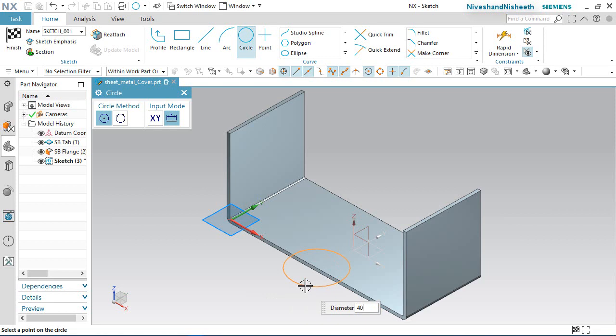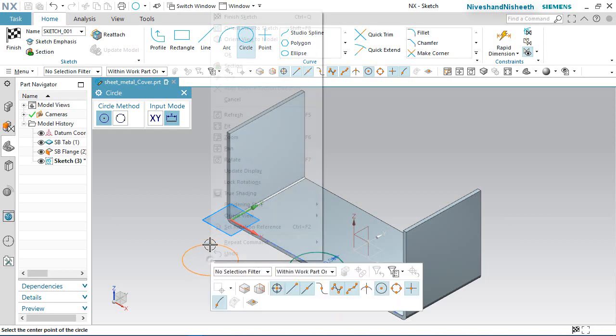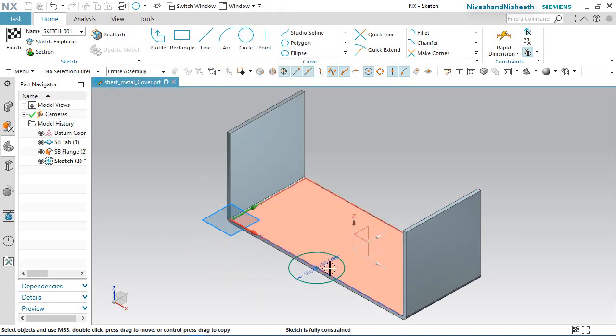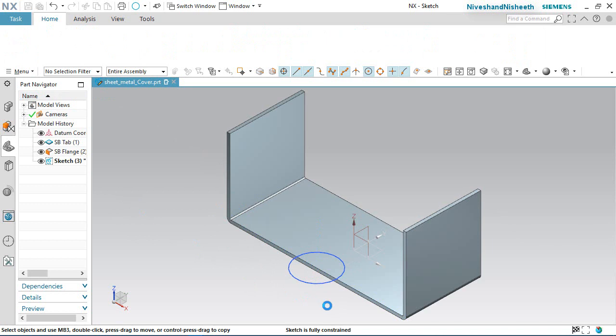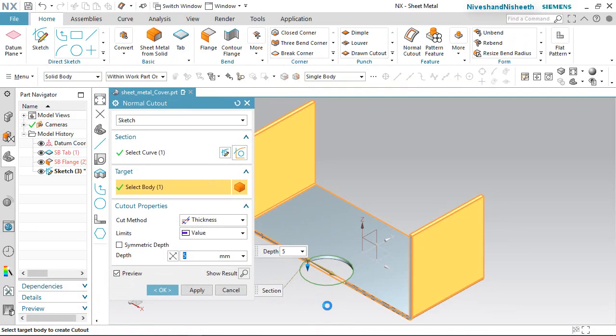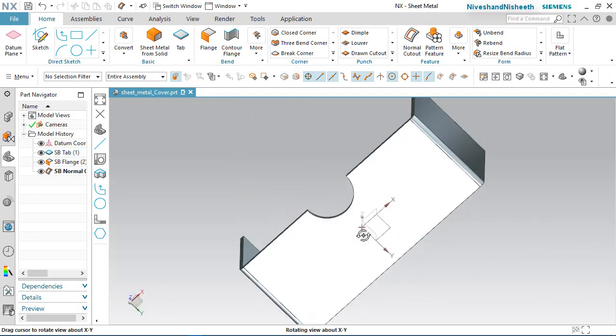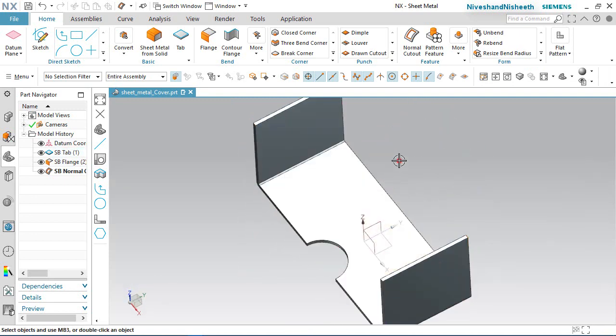Fill the diameter value 40 mm. OK. Finish the sketch. Now the preview is visible here. Click OK. Now see the result. My hole is created.